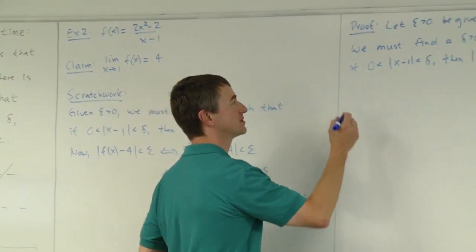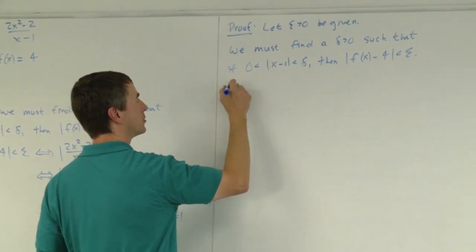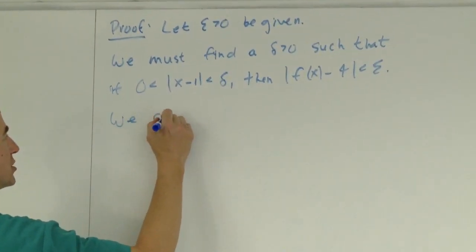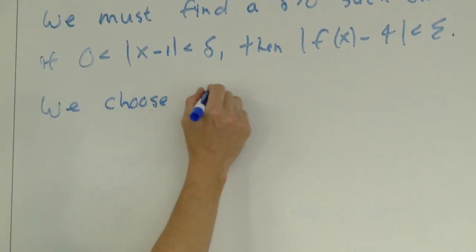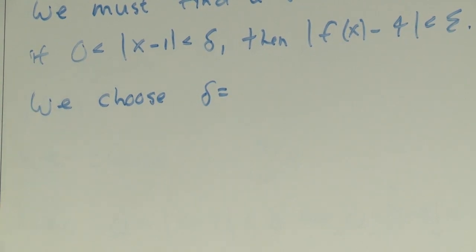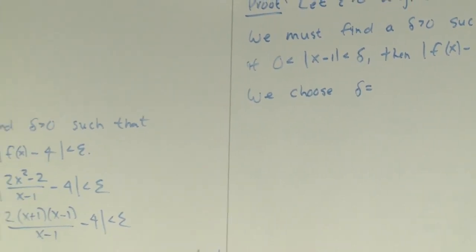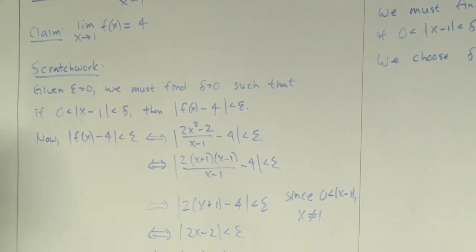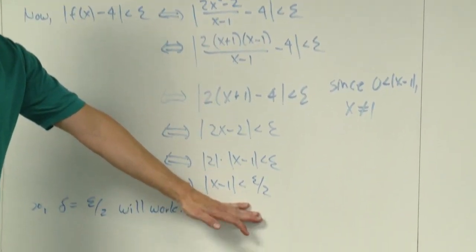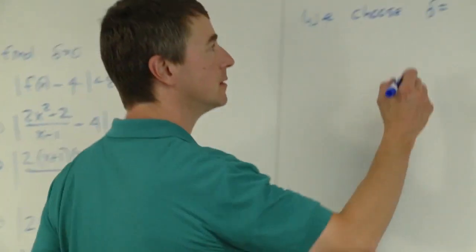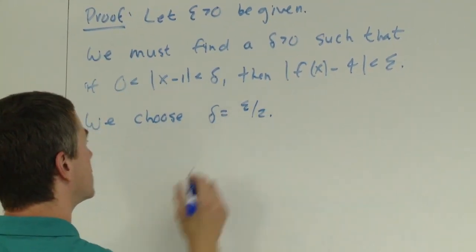And now is our first chance to really shine in the eyes of the person reading the proof, because now we're going to choose, seemingly out of thin air, a delta. And what are we going to choose our delta to be? Epsilon over 2. Epsilon over 2, because we have gone to the trouble of doing this scratch work. Now we get rewarded for that. Then